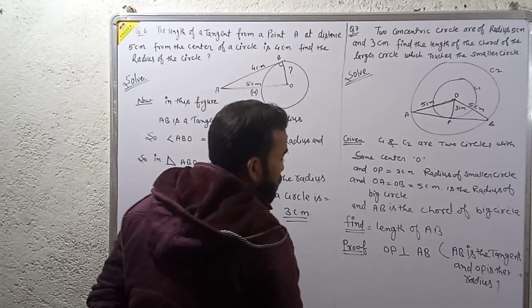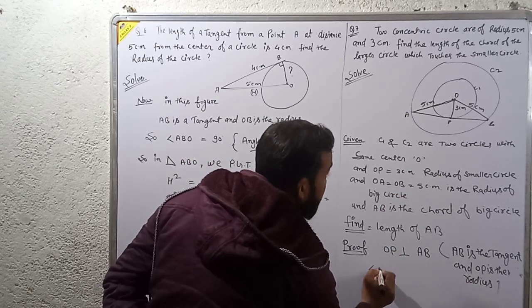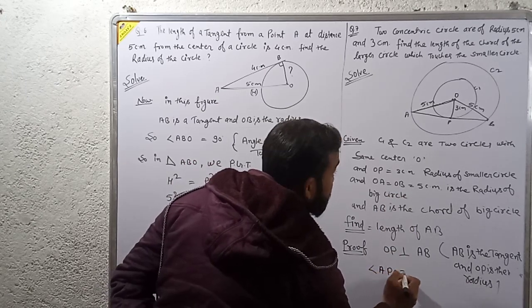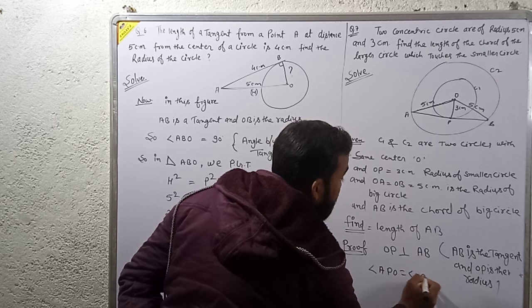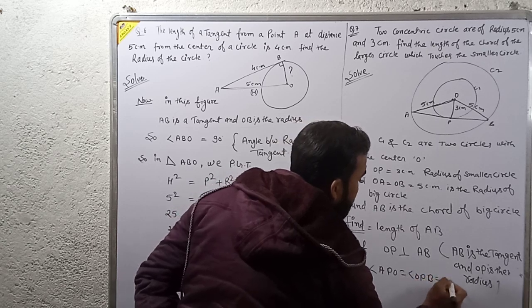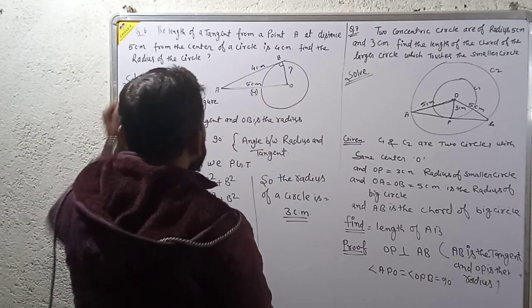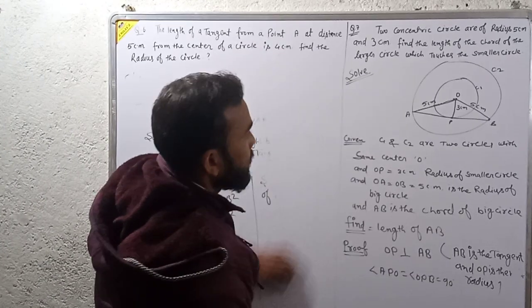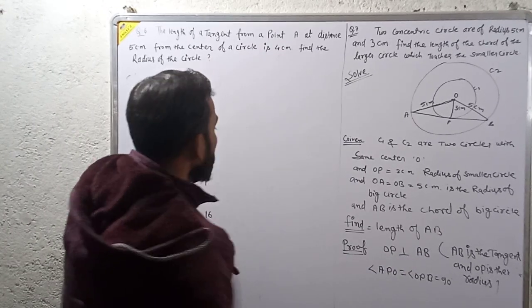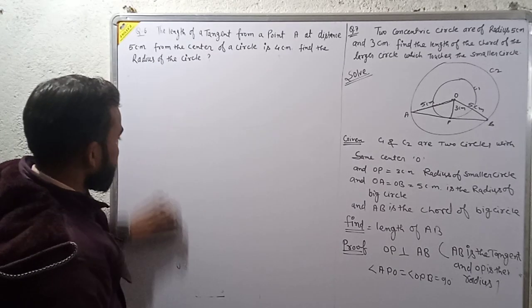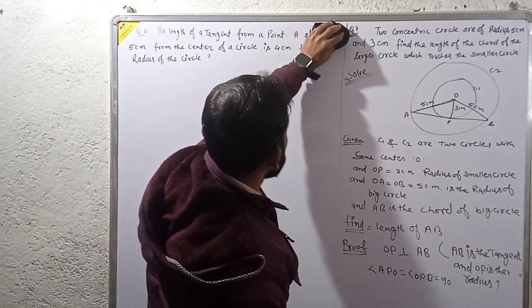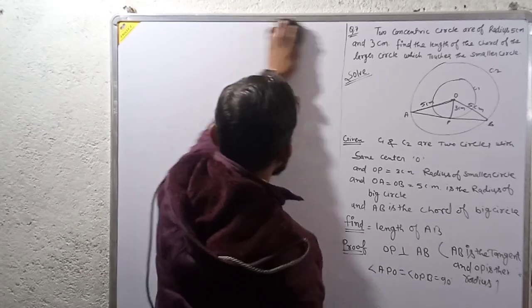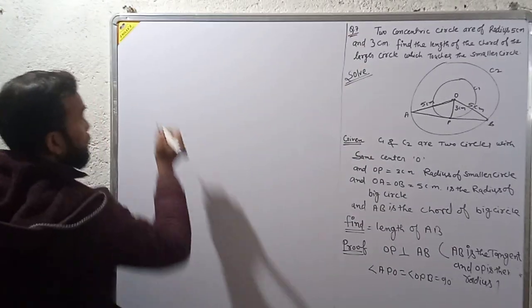So we have angle APO is equal to angle OPB is equal to 90 degrees. Now in the right angle triangle APO we have to